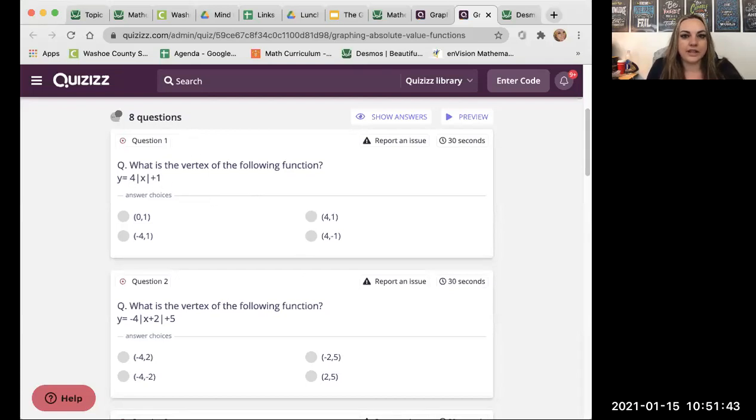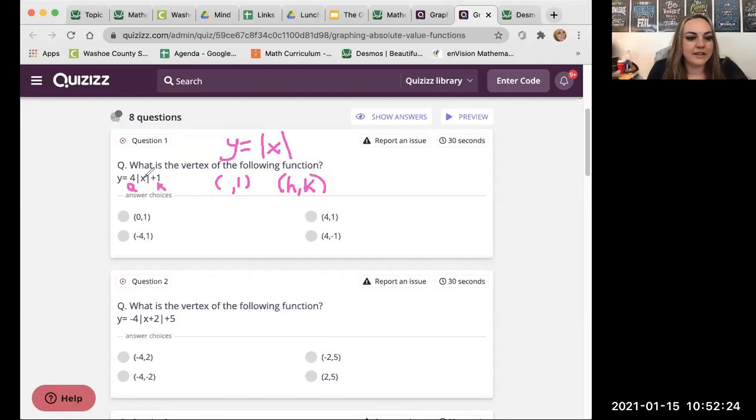When you have an equation like this, we need to keep referring and thinking about, first of all, the parent function, which is just the absolute value of x. And now we've added this a value in front, which is 4. So that's our a. That's the slope. That's one of the slopes, okay, is 4. Then we have this value plus 1, and that's the k value. That's going to be the y value for the vertex. The vertex is h comma k,